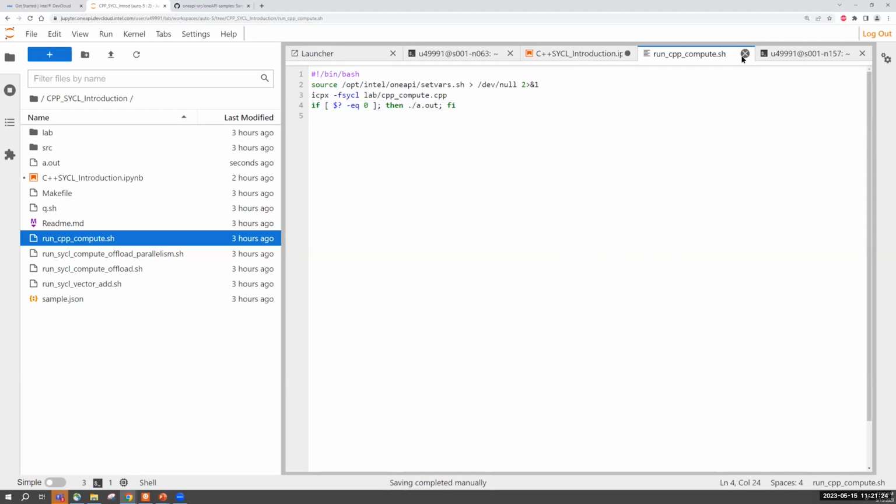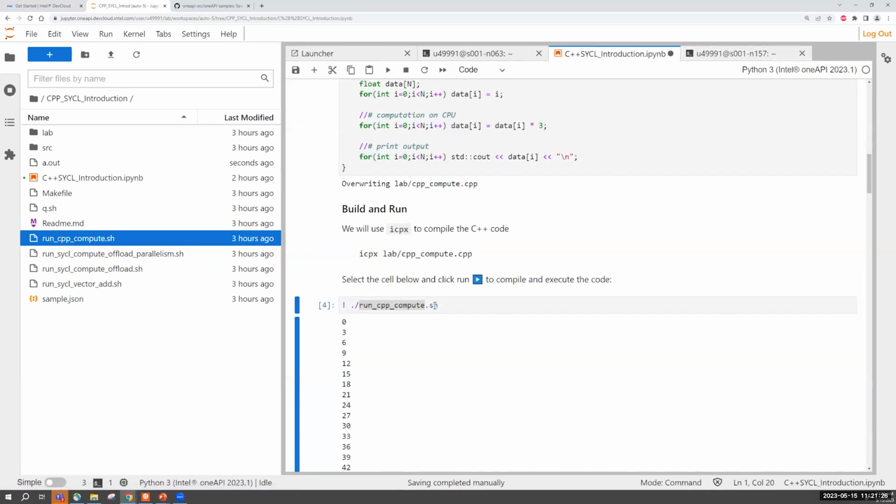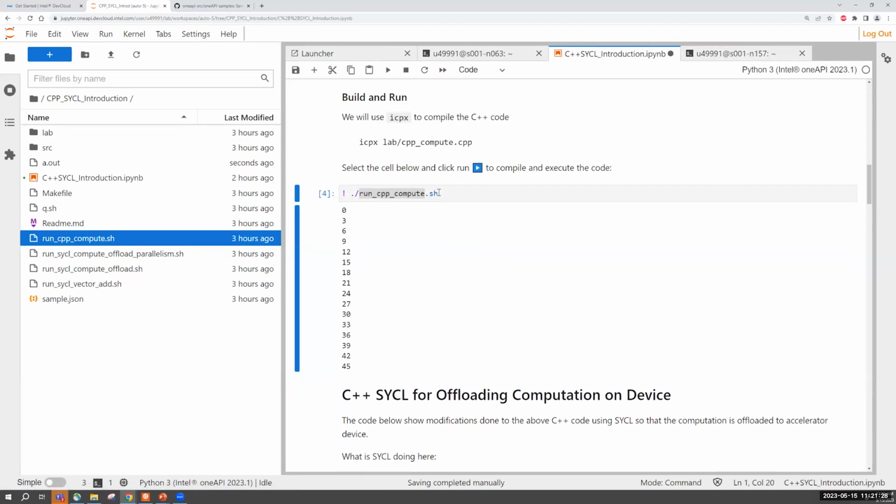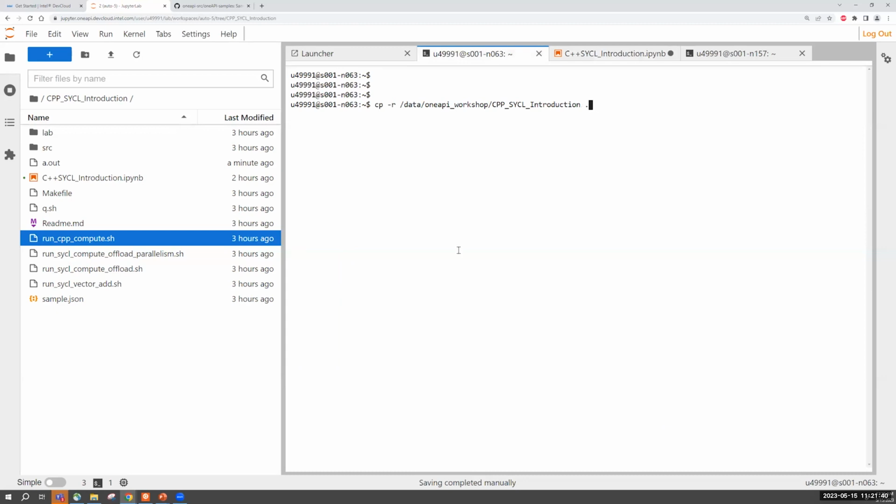Okay, so instead of typing that command one by one, we've just written a script that will do everything, and then the script is what we are executing here, right? So if you want, you can actually go to command line and do the same thing manually, right? So if you're used to running on